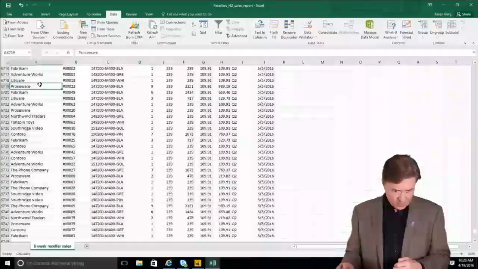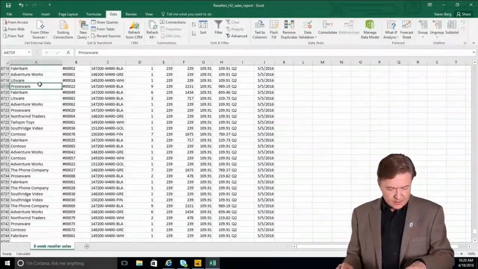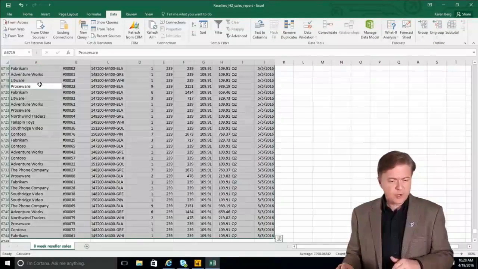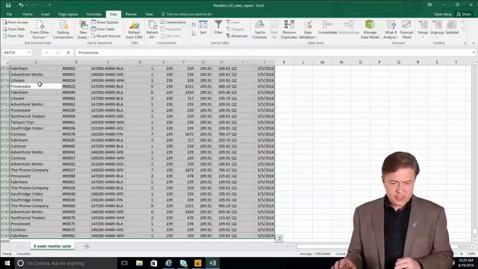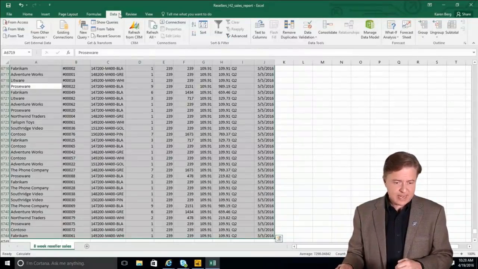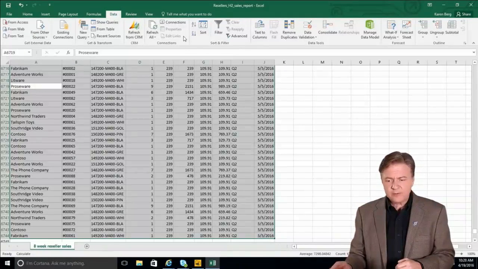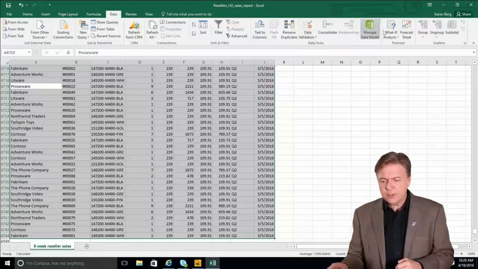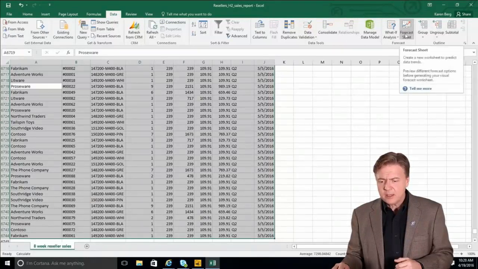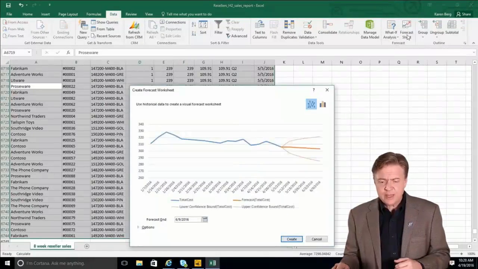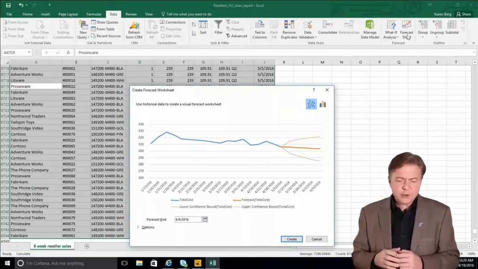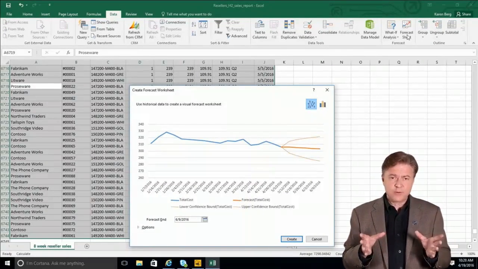Okay, so there's one more I'd like to showcase here. Let's go back in here and hit Control A and select all of our information again. I'm on my data tab. Now I want to come over here to the far right-hand side. This is a really powerful functionality. If I click on Forecast Sheets, it takes this data and it creates a forecast worksheet for us right here